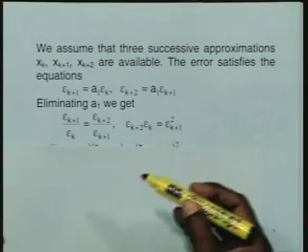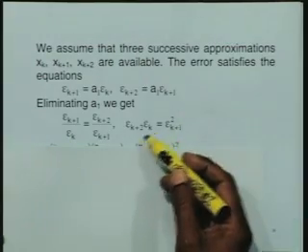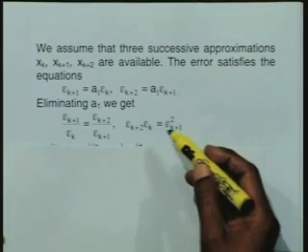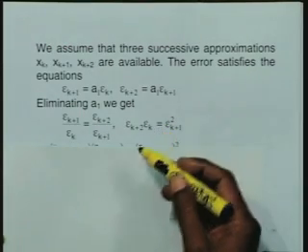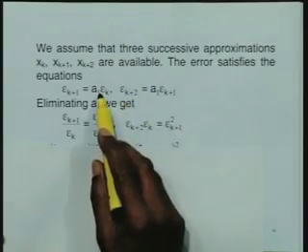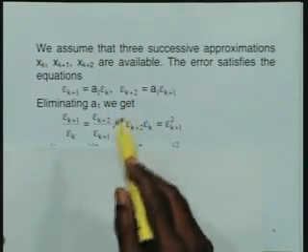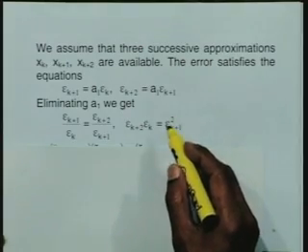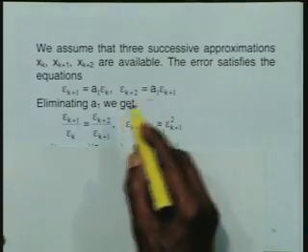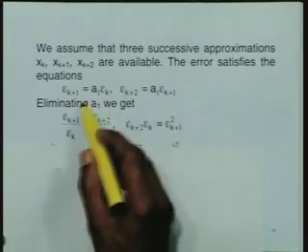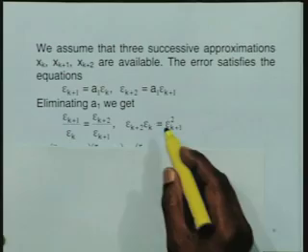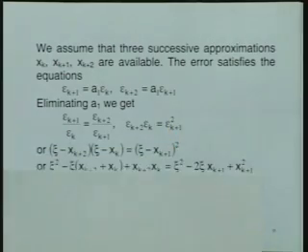From here, I would like to retrieve a numerical method, working backwards by using the definitions of epsilon k plus 1 and epsilon k plus 2. This numerical method, whatever is retrieved from here, is obtained by eliminating the coefficient of epsilon k, that is the first order term. Therefore, the numerical method that we have here, when expanded in Taylor series, will start with epsilon k square because a1 has been eliminated. So, whatever method I retrieve from here would be as if it is a second order method. Now, let us simplify this.